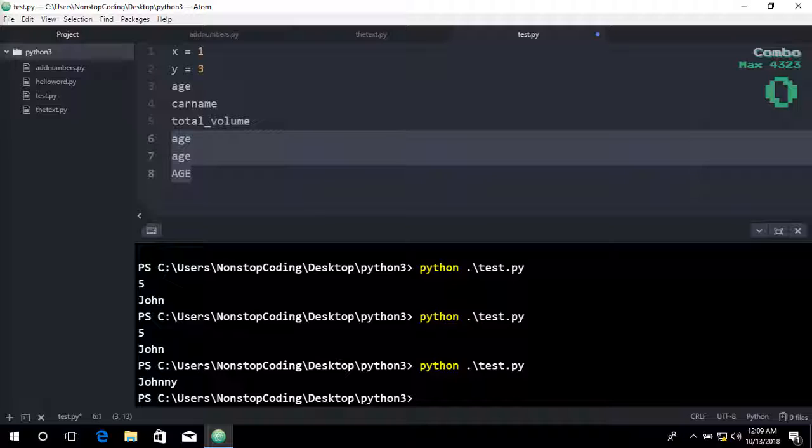Output variables. The Python print statement is often used to output variables. To combine both text and a variable, Python uses the plus character. For example,